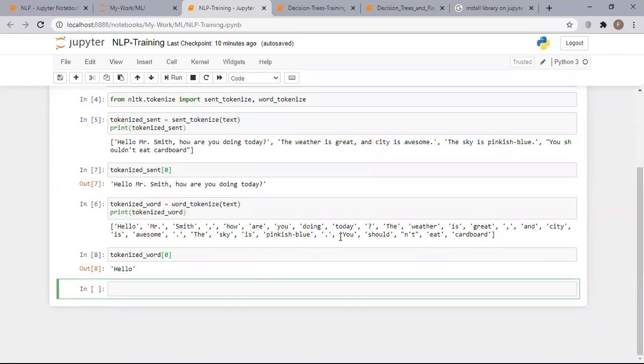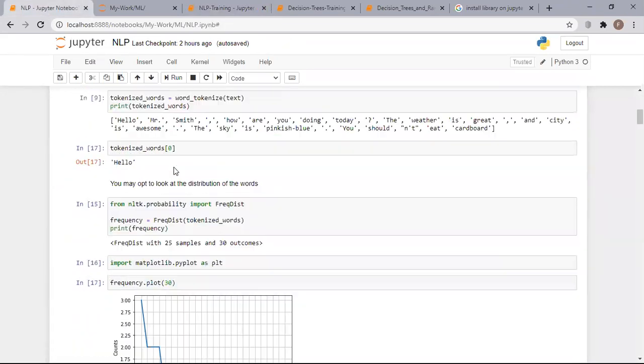To do this, you can use a different tokenizer. There's a different tokenizer that is able to understand a punctuation mark, and it's also able to understand that once it encounters that punctuation mark, it's supposed to drop it from the resulting list. So we're going to use that tokenizer, and it's,